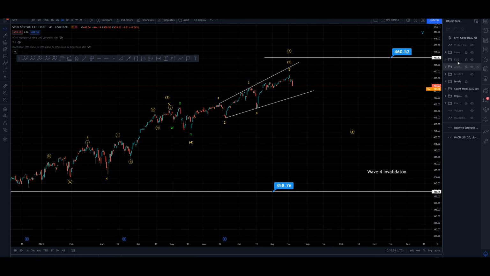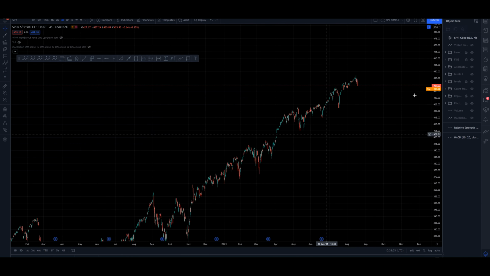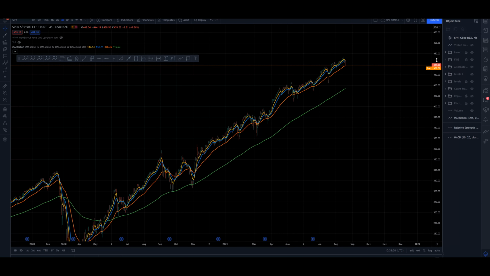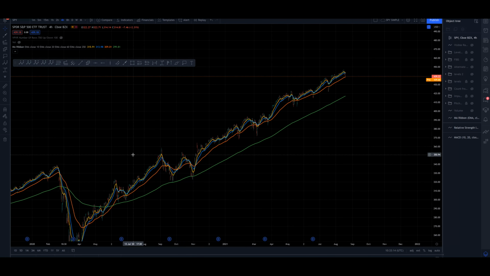So first thing I'm going to do is hide all of this and bring us back to a naked chart. Bring up the MA ribbon. Now what I'm using here, instead of having my independent moving averages set up as exponential moving averages, I've just created a ribbon of them. This is a feature